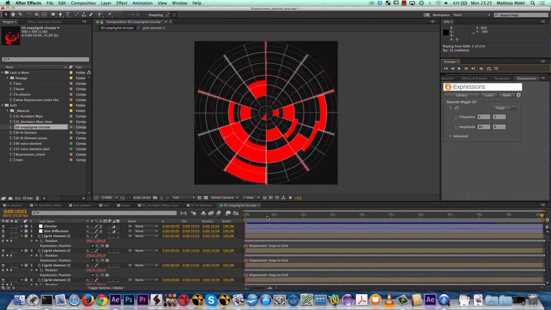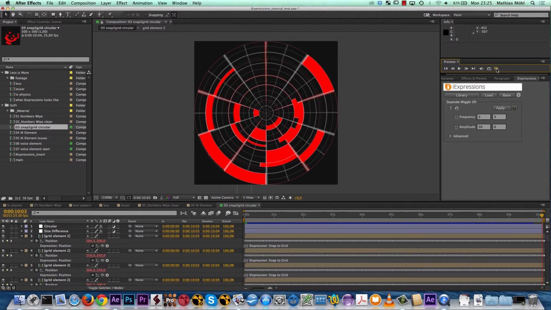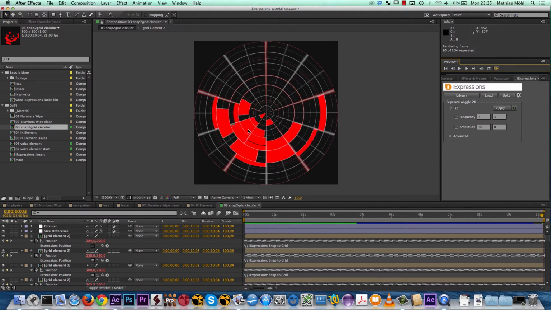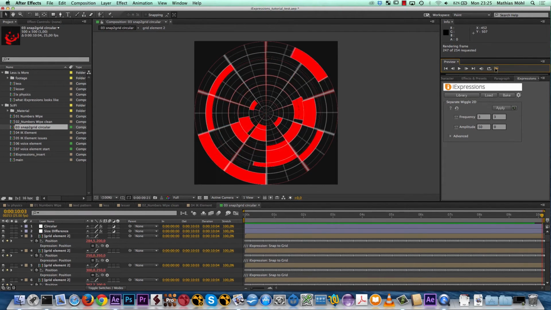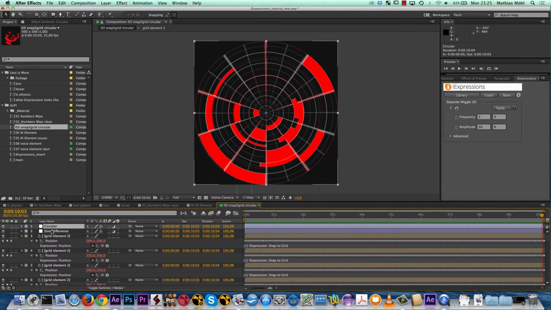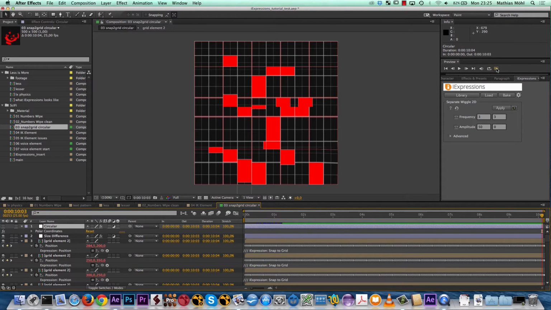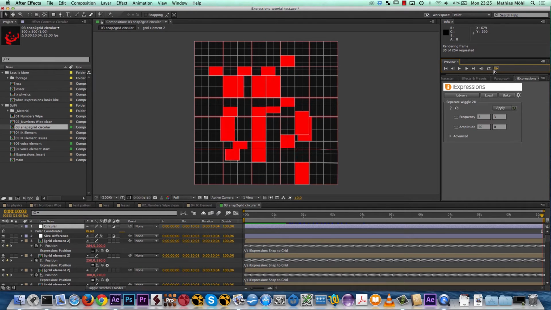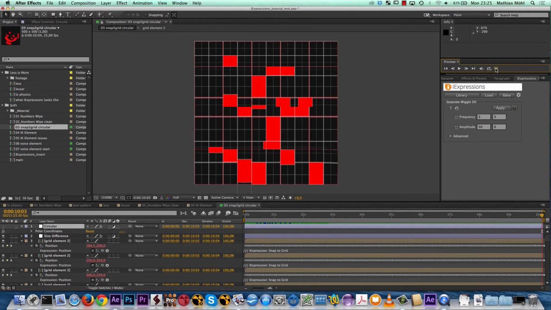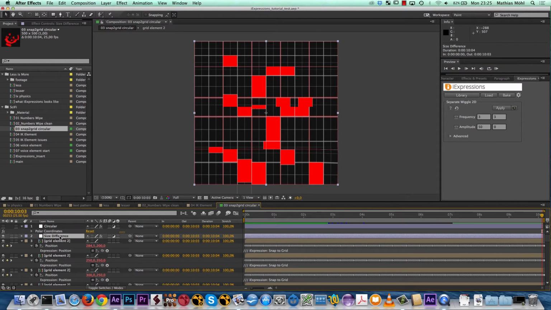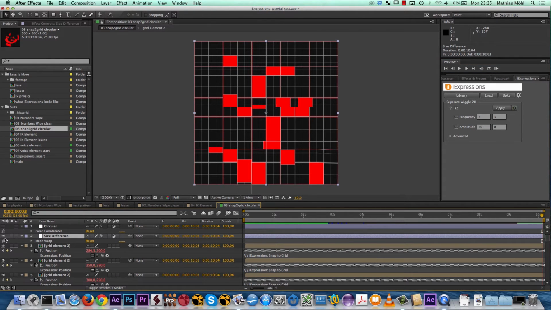And here you can see the animation that is going on. So what I did here to get the circular shape is to actually apply a polar coordinates effect to an adjustment layer. If you get rid of this, you can see we just have a normal grid. This is like what is going on in the background, and the polar coordinates makes it look a little bit more interesting. Now another adjustment layer I have here has a mesh warp effect that just makes this grid a